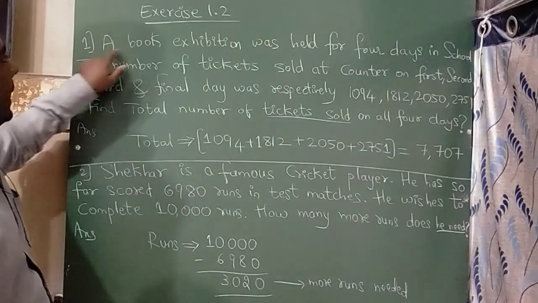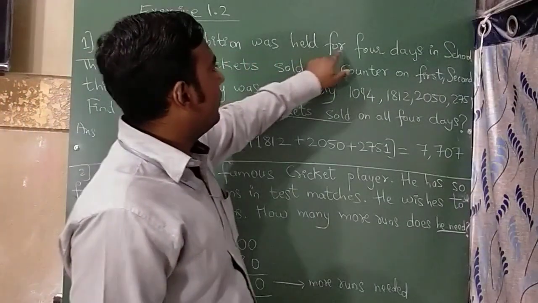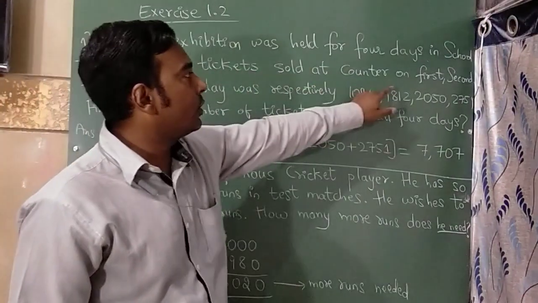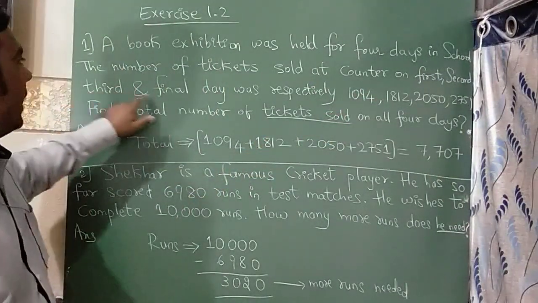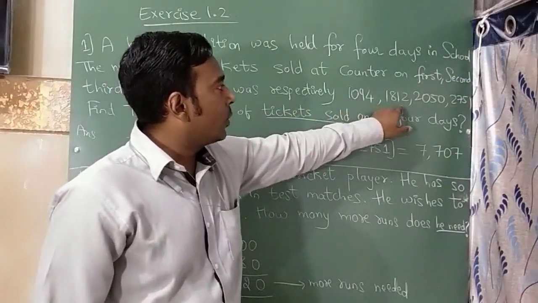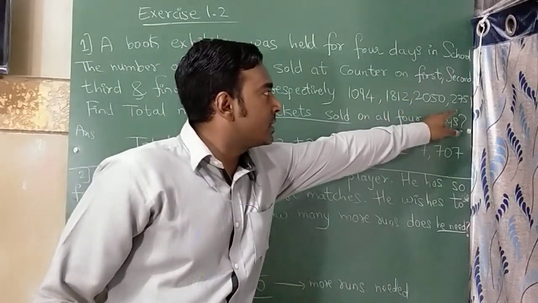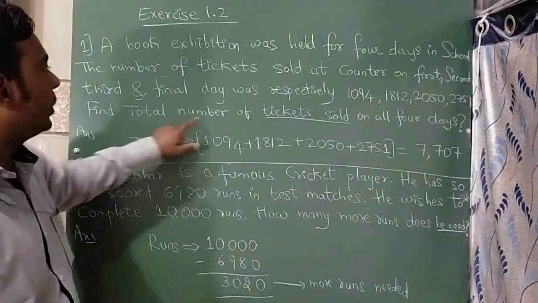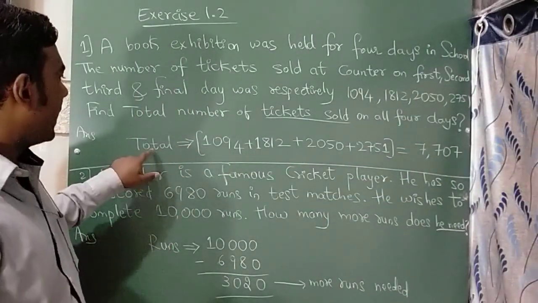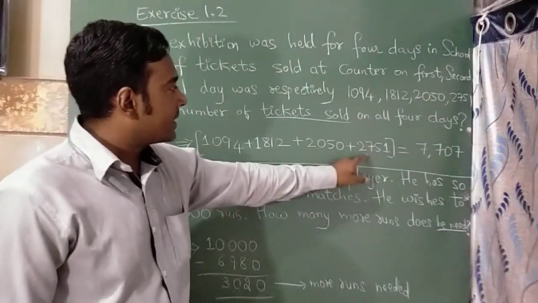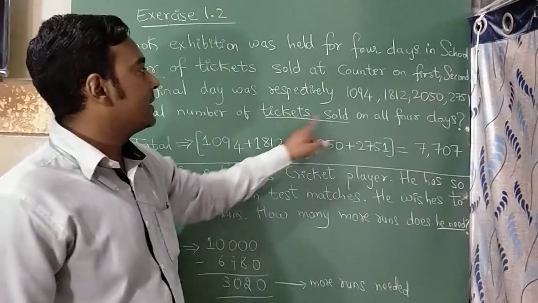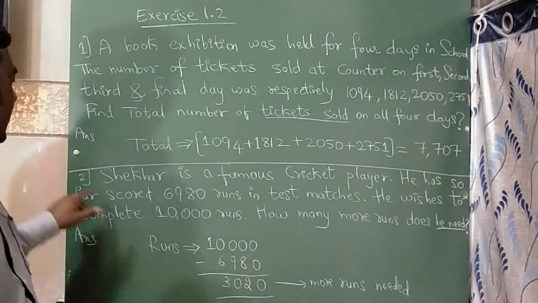The first question is: a book exhibition was held for 4 days in a school. The number of tickets sold at the counter on the first, second, third and final day was respectively 1094, 1812, 2050, 2751. Find the total number of tickets sold on all 4 days. So what you need to do is write total and add all these. So you'll get 7707 tickets sold. That's it. Fine. The second question is,